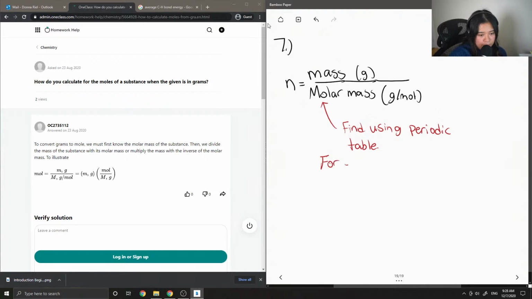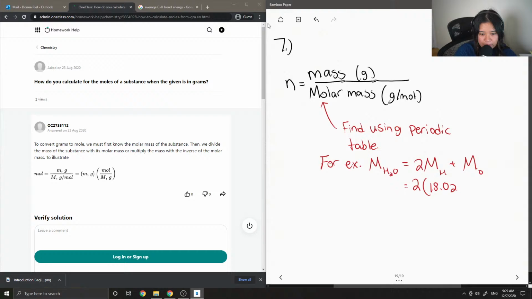So for example, the molar mass of water, which is H2O, is equal to 2 times the molar mass of hydrogen plus the molar mass of oxygen. So the molar mass of hydrogen can be found on your periodic table. Molar mass of hydrogen is